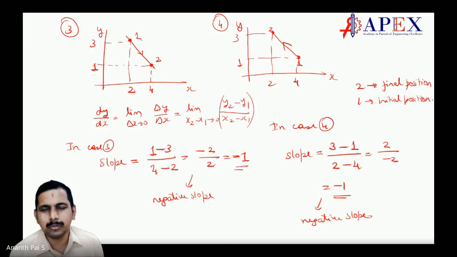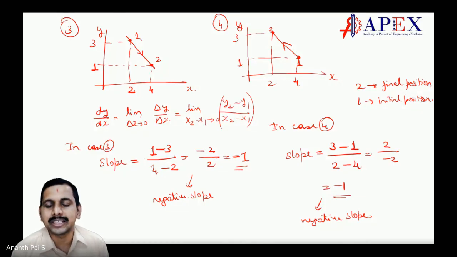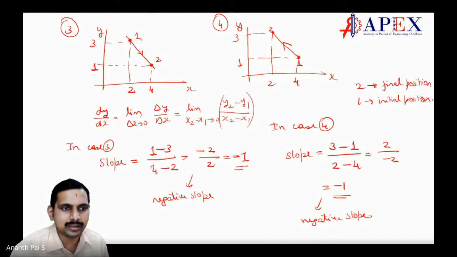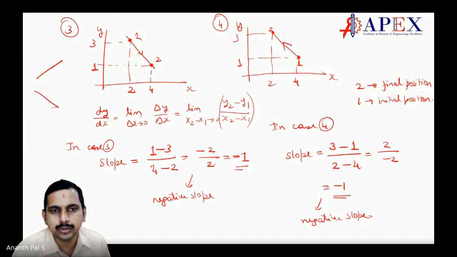Sir, we can remember this by the coordinate system, I guess, like in the first quadrant, both slopes will be positive. Don't complicate the issue. You cannot say first quadrant, second quadrant. We can imagine in the XY plane, when both are increasing, the slope will be positive. When the line goes up and towards the right, the slope is positive. It's the shape of the line. This is positive slope, this is negative slope, this is zero slope.